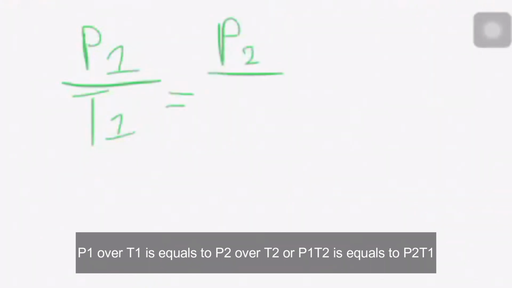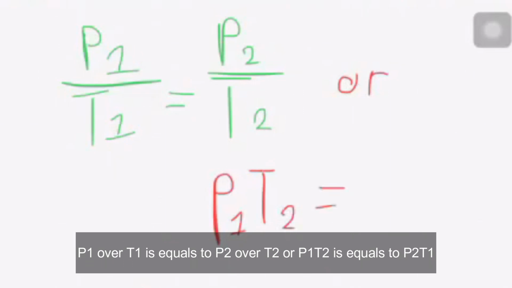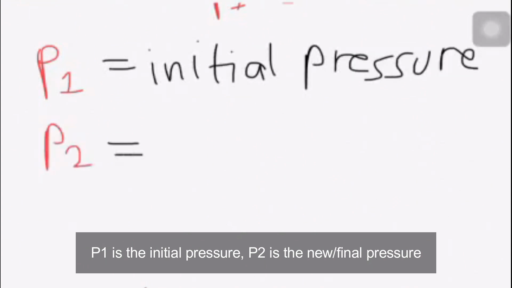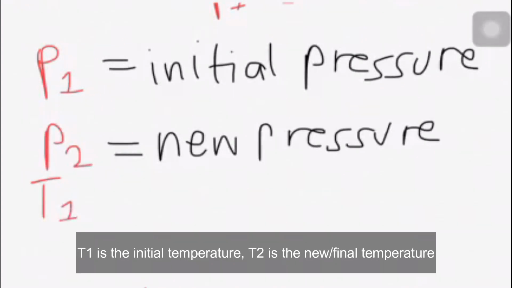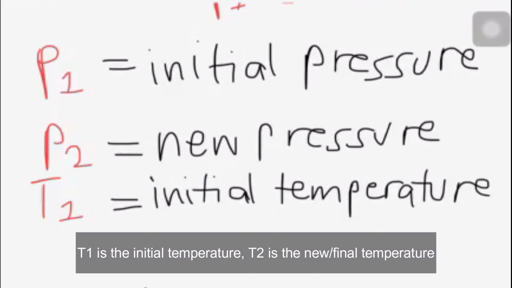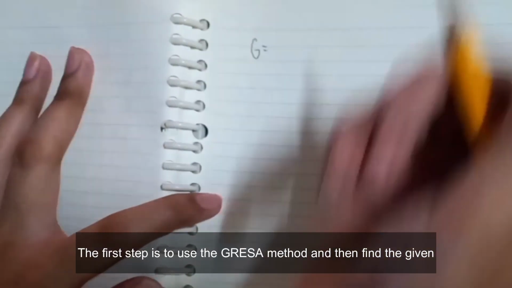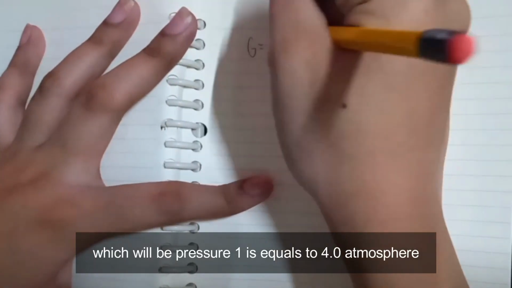P1 over T1 is equal to P2 over T2, or P1 T2 is equal to P2 T1, where P1 is the initial pressure, P2 is the new pressure, T1 is the initial temperature, T2 is the new temperature. The first step is to use the GRESA method and then find the given, which will be pressure 1